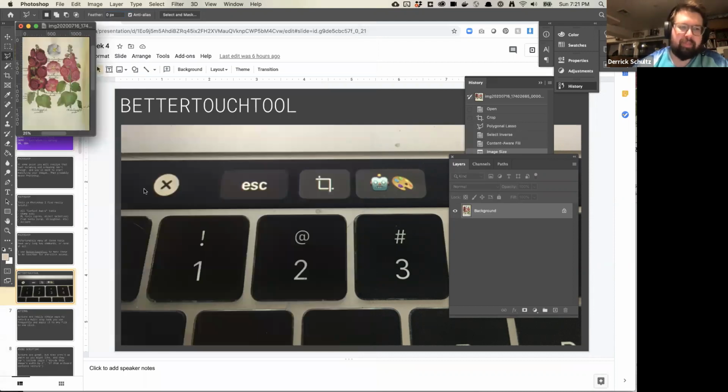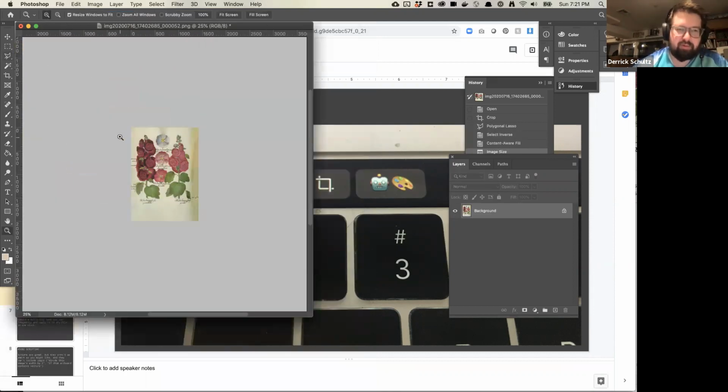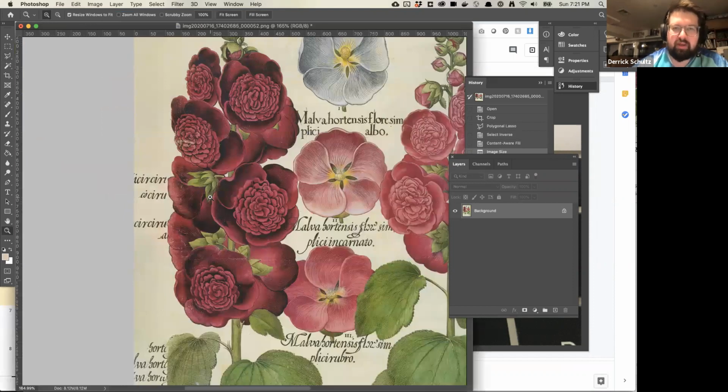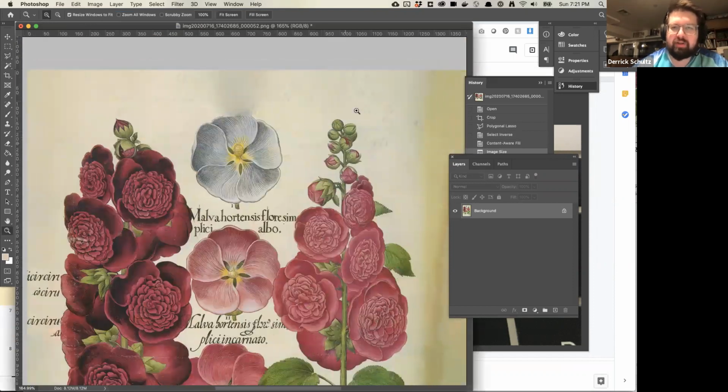Okay, so let me just show you a couple other tools in here that I use, which is we can look at the stamp tool. So one thing you'll notice here is, because the content aware tool is basically a copy and paste tool, you'll see that this texture, this sort of background, was bleeding through the image and keeps showing up in a bunch of places. So let's take a look at the stamp tool.